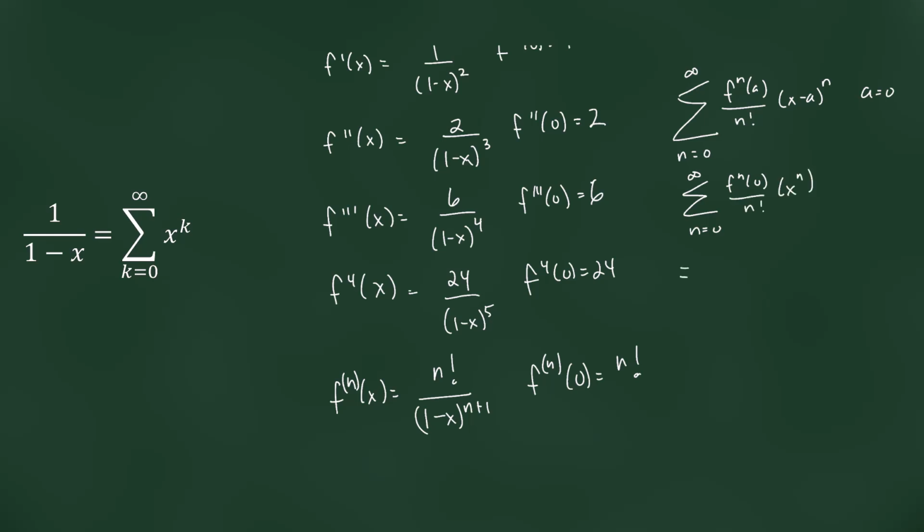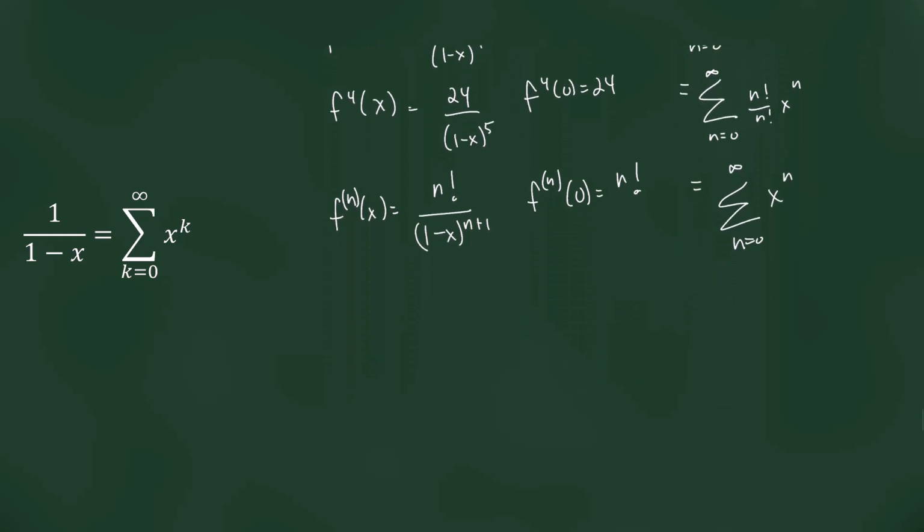Well, plugging in what we just found for the nth derivative at 0, we get n factorial over n factorial times x to the n, which is just the geometric series, the sum from n equals 0 to infinity of x to the n. This is geometric,